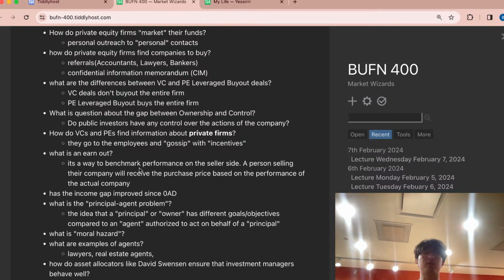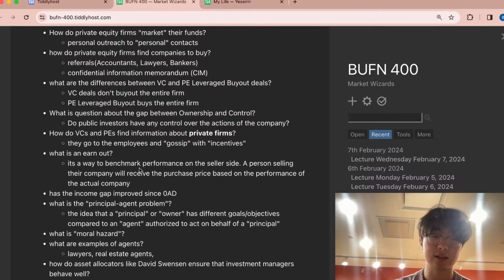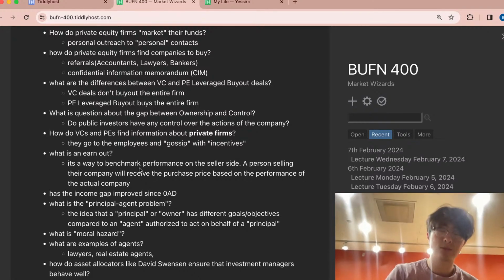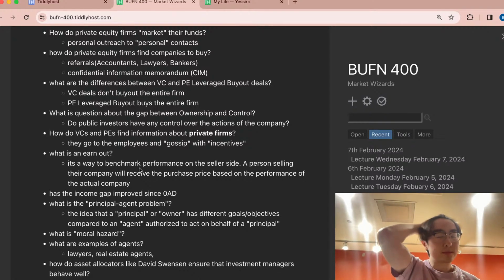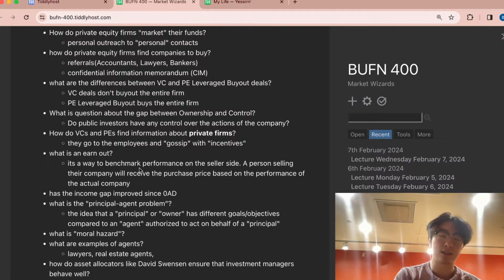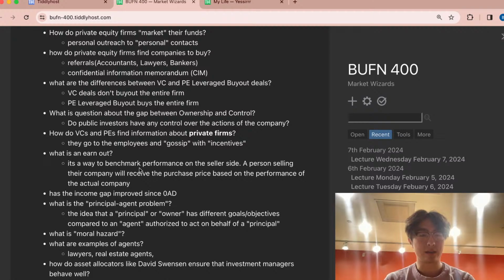Okay, calculating profits. This is something that we talked about, but we really didn't dive deep. It was more of a, okay, calculating profits for private equity firms is pretty hard. It's a very elusive process that isn't fully transparent. And so that's something to think about. I guess maybe if I have some time, I could look into it a little bit more.